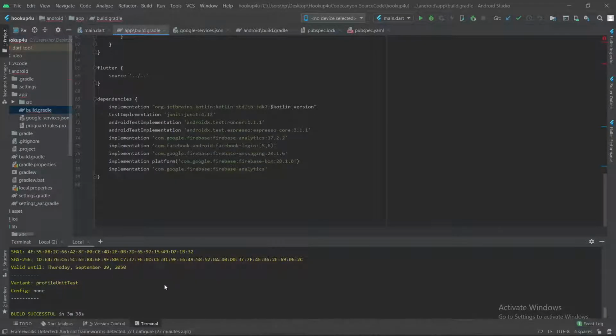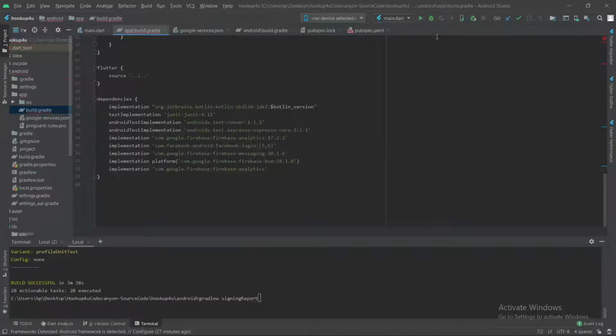So yes, we have created our Firestore database.